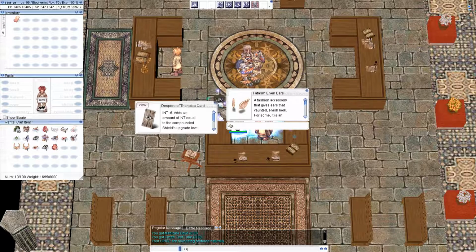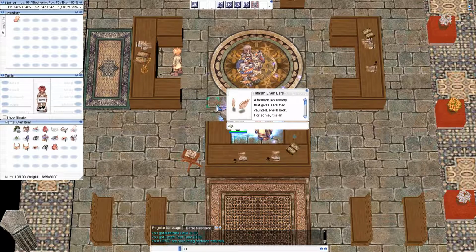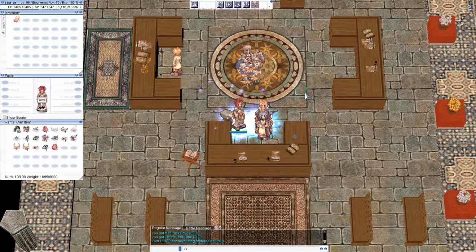The other item I have is the Phantasma Elf Ear. Again, lowering my int. I could have one for the helm as well, but I don't have an extra incubus that I can just throw on my helm. But I would have one as well. So that would be -6 int, right? 3 from each card. And once you marionette control,